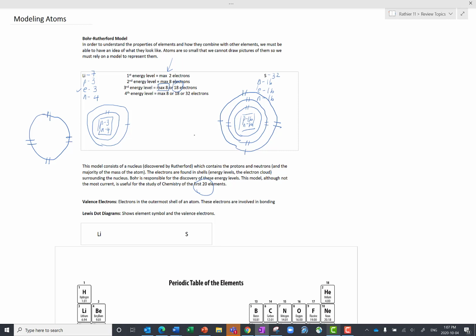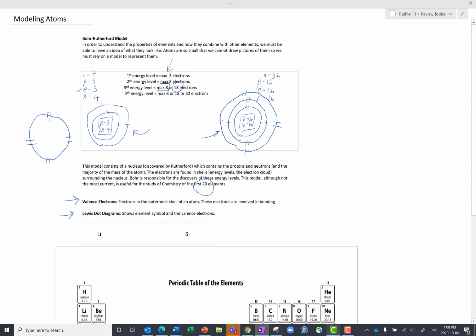Now, the other piece of information that we want to look at here is how we can use the Bohr model to identify the valence electrons and then write a Lewis dot diagram. The valence electrons are the electrons in the outermost shell. Okay, so they're the farthest away from the nucleus, and those are the ones that are going to be really important to us when we start looking at bonding, because those are the ones, as you may have seen before,